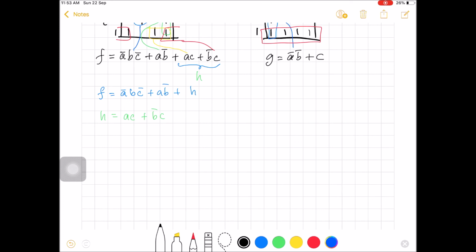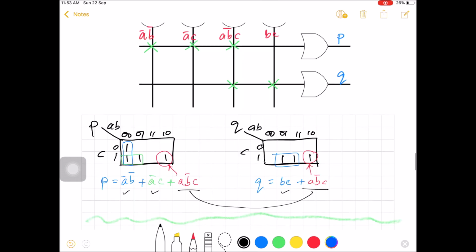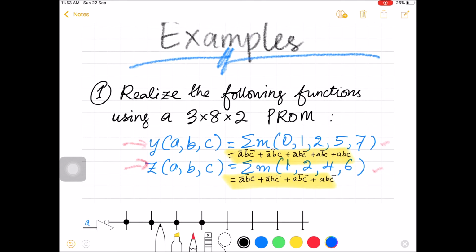Moreover, all the outputs that I provide in this video, all these functions F, G, P, Q, and then Y, Z,